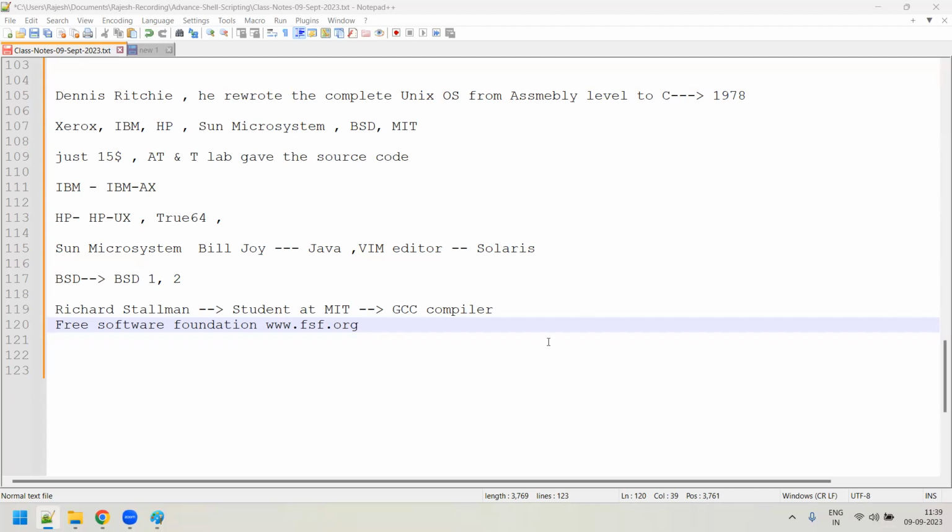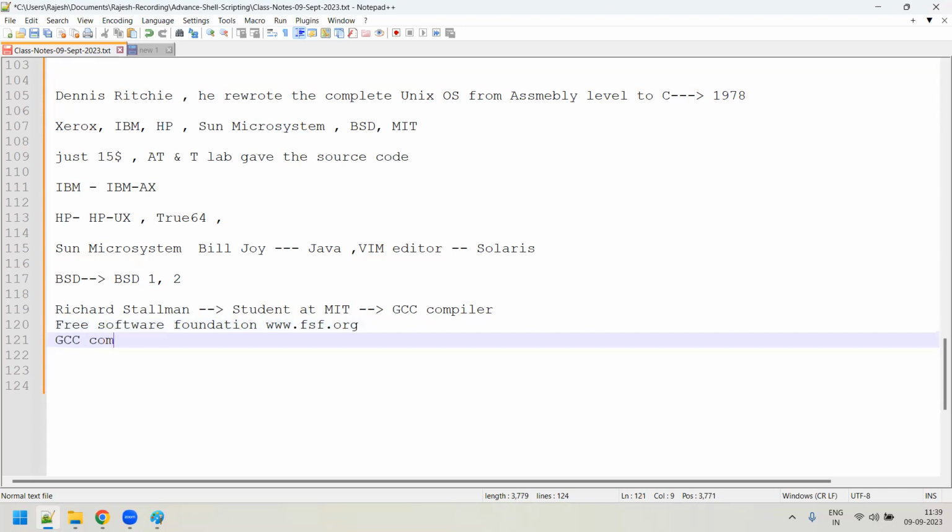Okay. So there's a site also, the FSF organization, fsf.org, the Free Software Foundation. Under the Free Software Foundation, what Richard Stallman did, he put the entire code, and that is available to anyone. Anyone can put code under the Free Software Foundation, like the GCC compiler was one. They can completely download this compiler code and go through it. They can understand the whole architecture of this compiler, and they can even modify it if they need to, and put the modified code back to the Free Software Foundation, so that it increases creativity, right?